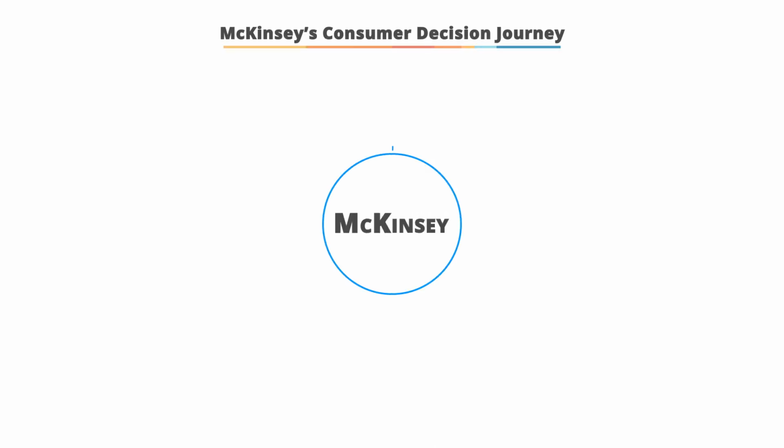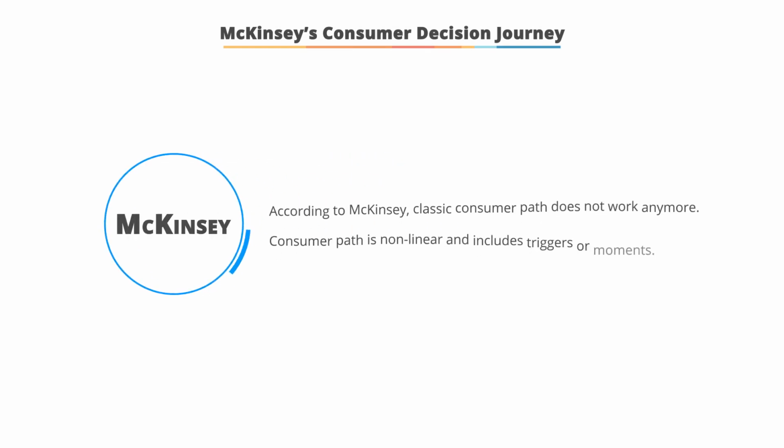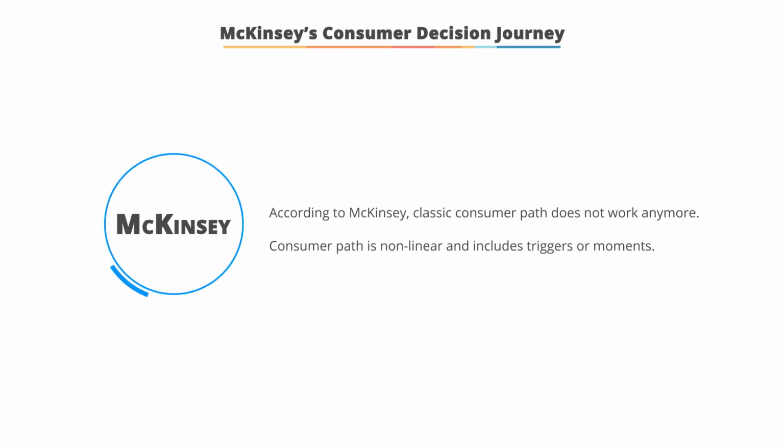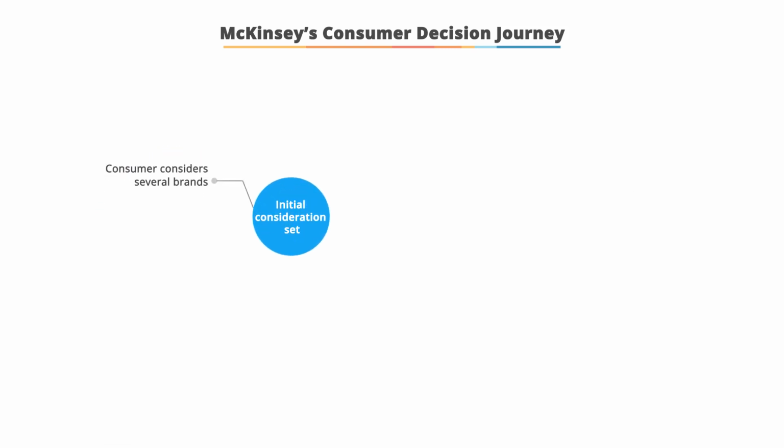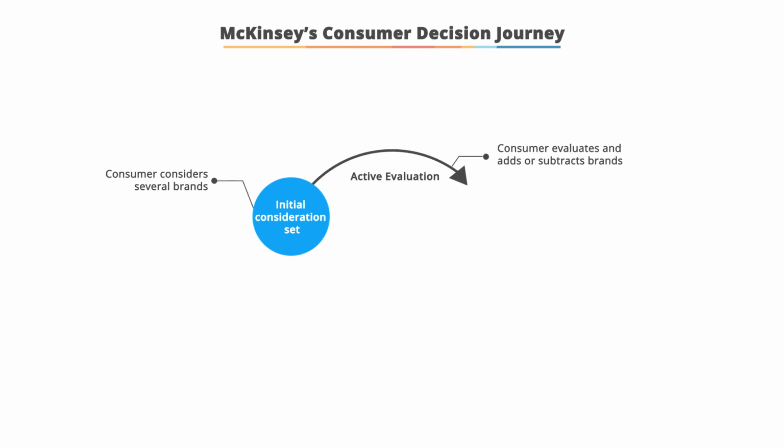In 2009, McKinsey published an interesting paper where they essentially said that the linear funnel that we knew about in marketing doesn't really work anymore. It's more like a cycle. If you think about your own consumer experience, when you want to fulfill a need or a desire, you will go online and you are in the initial consideration set. You look at the brands that you were exposed to recently or the brands that you remember. While you do that, you are in the active evaluation phase where you might stumble on new brands, new products that you didn't think about initially. Or you might abandon some of the brands that you initially thought about.